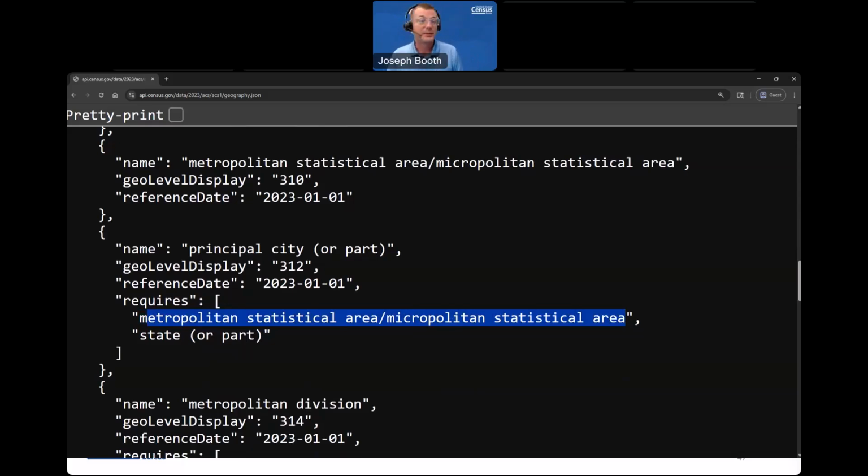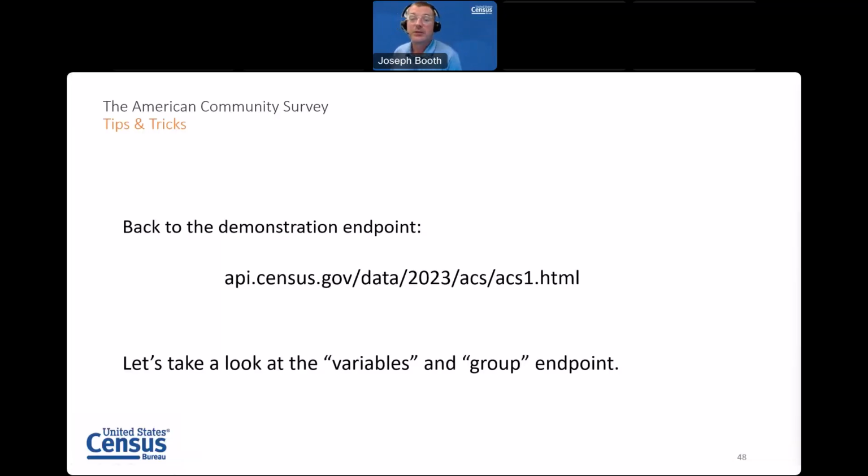All right, let me jump back over to our presentation here. So one of the other things we're going to take a look at, one of the more data heavy parts, is when you're trying to find variables. So we're going to take a look at the variables and group endpoint, and Caleb did touch on this, but I'm going to look at this from more of a developer perspective.